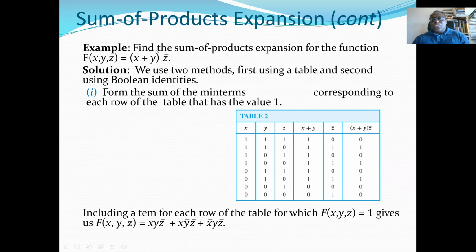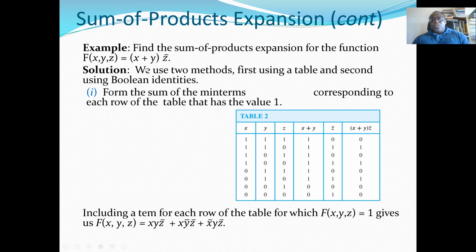So sometimes a question will be given. You see, the first example we already have the 0, 1, 0, 1 for the function already. So they don't need to give us the expression. But in our final exams, we may have a question like this. The truth table is not given, but the expression of the function is given. So based on the expression of the function, we can develop or we can create our truth table. And from the truth table, anywhere the function is 1, we can write the expression of the sum of product